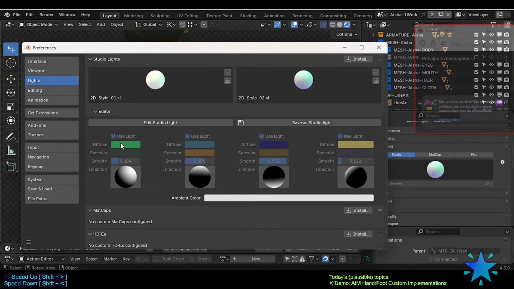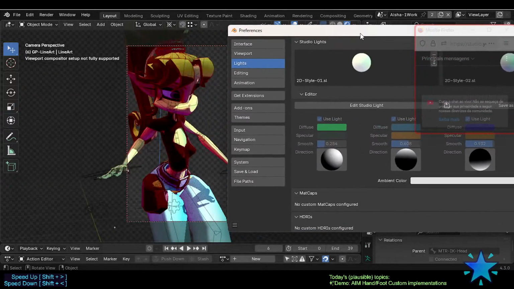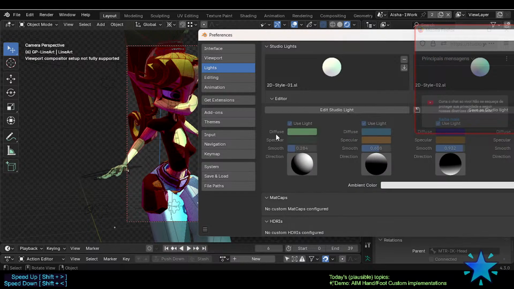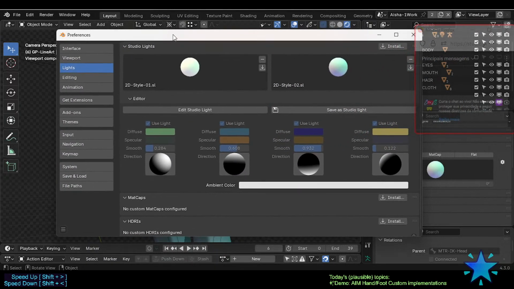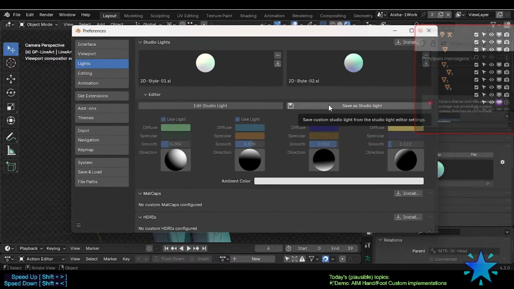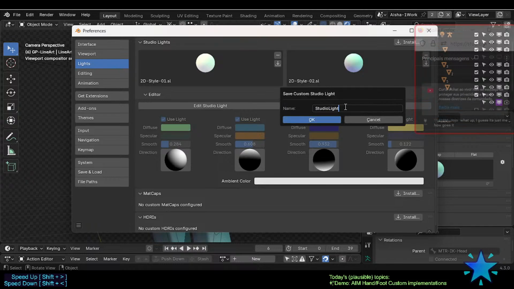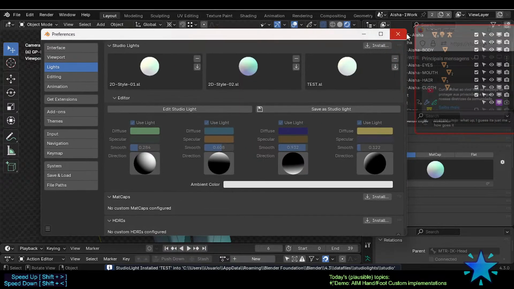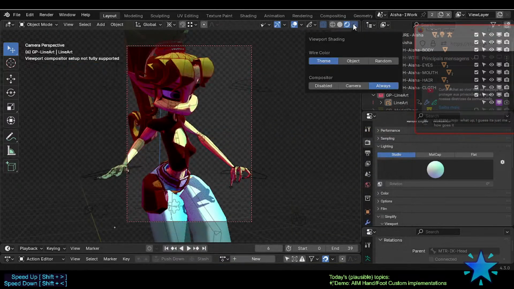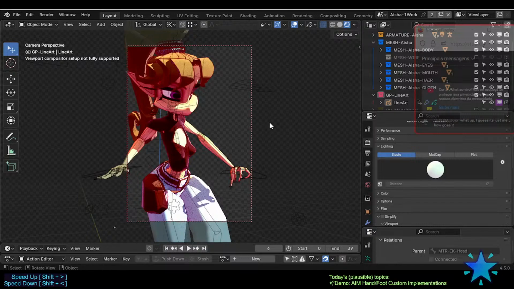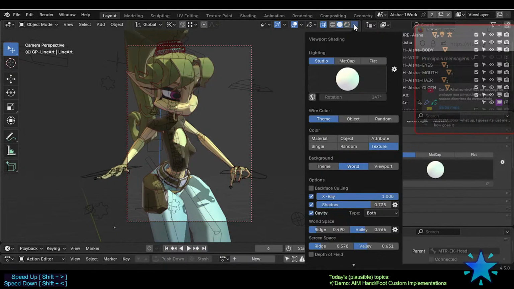So here we got, for example, this light here, and the cool thing is to be able to see it in real time. I'm not sure. I think it is possible, yes, but I need to perhaps save it as studio light, so it does not override. So let's test. And so I got test. This install, I don't know what it is, so let's try here and get the test. Yes, this one. So now I'm rendering with this, but I could also try with